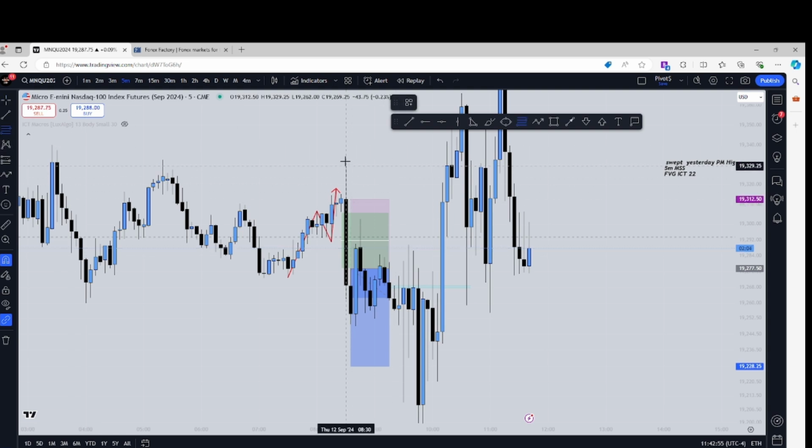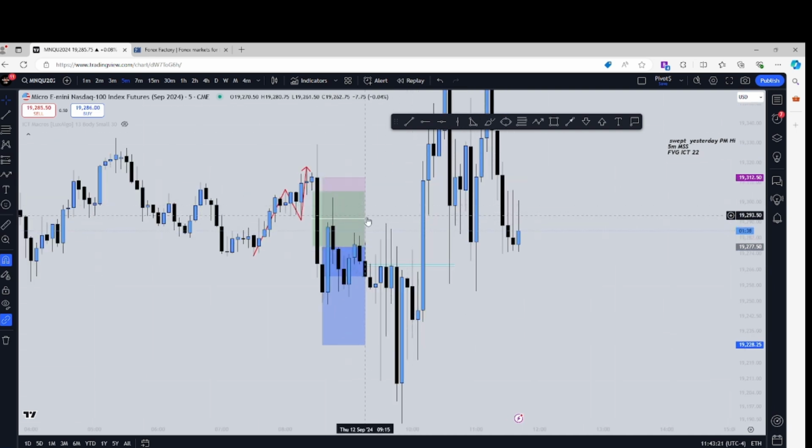Y'all remember the fib? From the swing high to the swing low. Got your key fib level from the 0.618 up until the 0.79. That's key fib retracement levels on the Fibonacci tool. Okay, and your Fibonacci tool is right here. These lines here, fib retracement, Fibonacci tool. So you have both. You know what I'm saying?